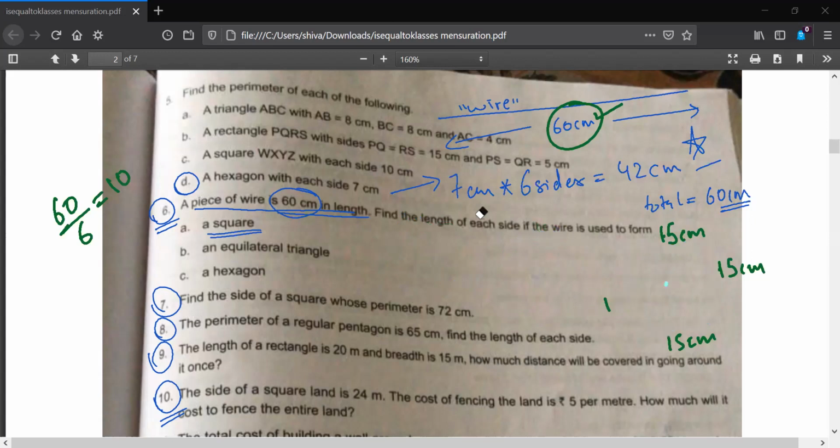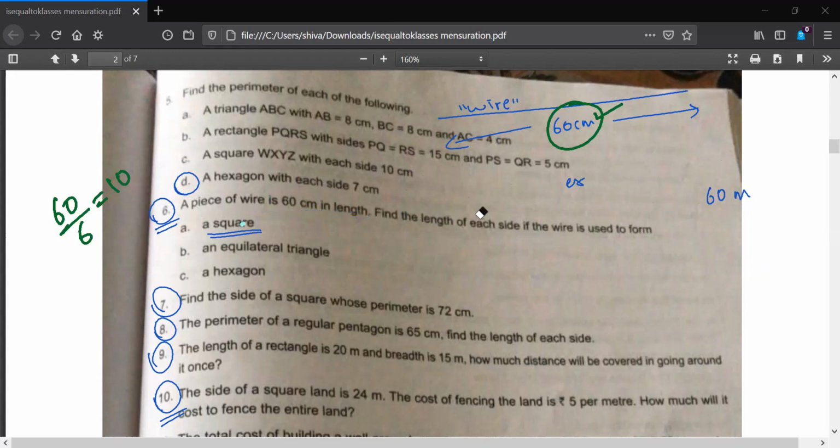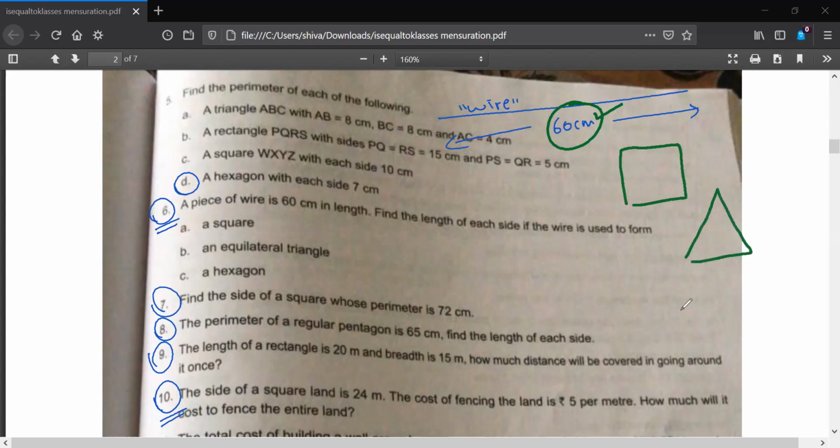So in all these questions, all that you need to remember is that it is one continuous wire. Now that wire is being changed into a square, equilateral triangle, hexagon. Usually these kind of questions come in Olympiads also. Whenever such a question comes, just remember that you will take that wire and bend it like this, or maybe like this. You can bend it anyways. You can make a circle out of it. You can even make a rectangle out of it.